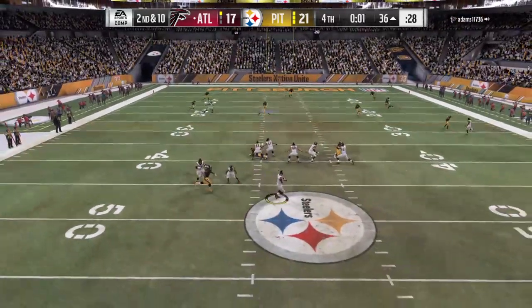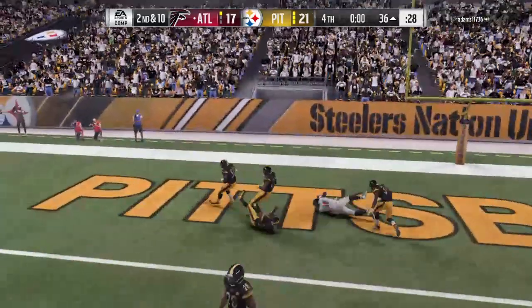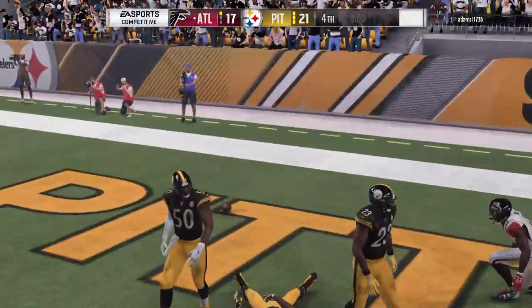One last shot for Ryan. Now a desperation throw deep downfield. And this is incomplete. So no